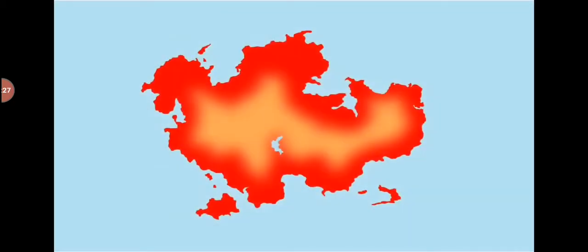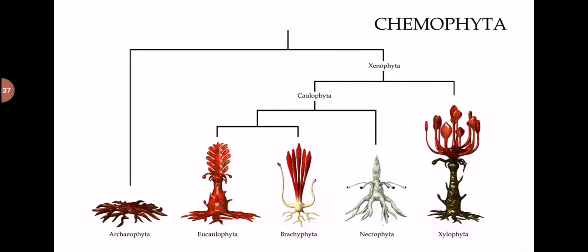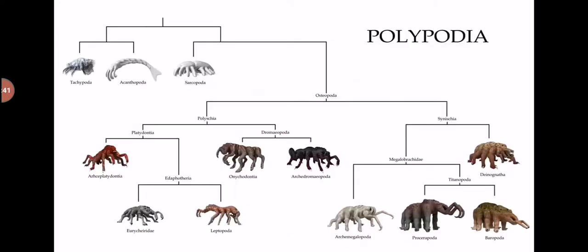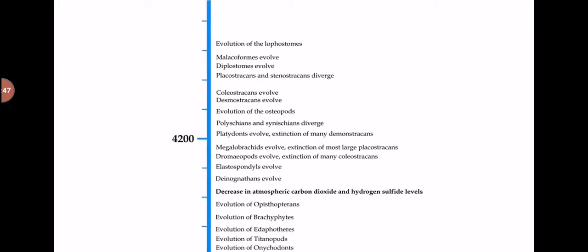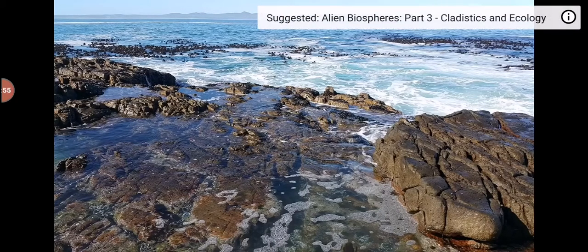Over the past few episodes, we've explored how our alien organisms have colonized and conquered the terrestrial realm. From humble beginnings as unassuming amphibious swamp dwellers, the chemophytes, lophostomes, and osteopods have diversified into a myriad of clades, adapting to every niche the land has yet presented them with. But in the 150 million years since they emerged from the water, their far-flung relatives in the sea will also have been diversifying. And it's about time that we revisited the ocean to see what developments have occurred since we